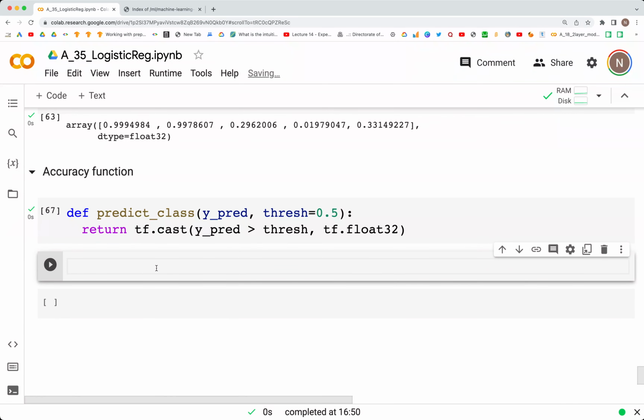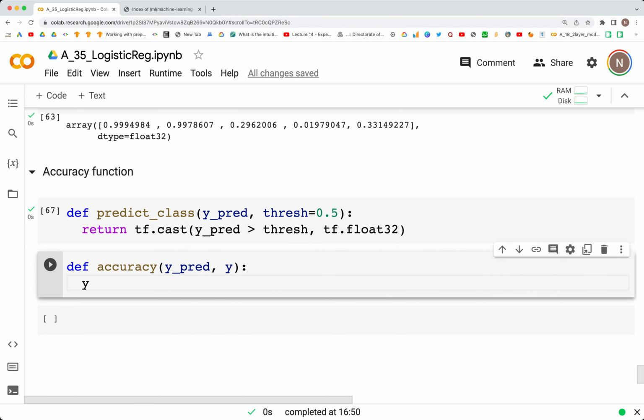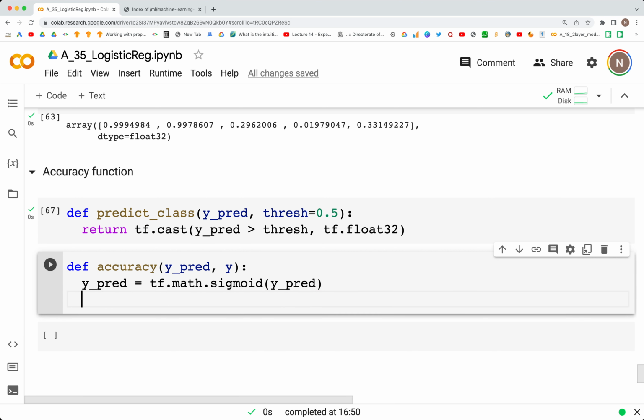And in addition to this, we now define the accuracy function, and this takes in y_pred and y value, and y_pred is equal to tf.math.sigmoid of y_pred. So the values coming out of the sigmoid function. Y_predicted_class, the class is going to be the one that the function we just created returns,